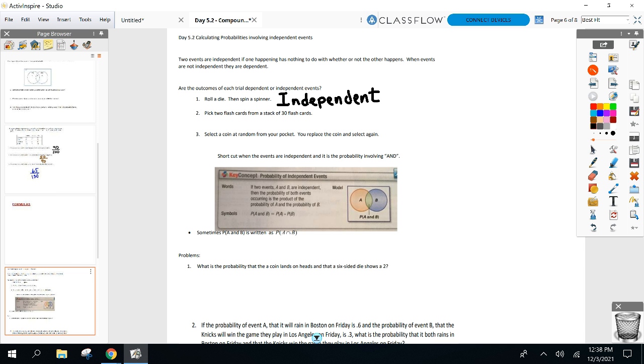Pick 2 flashcards from a stack of 30. I'm sorry I didn't come prepared with cards, but you got a deck of 30. I pick a flashcard out, put it down. Will that affect the second pick I have? Yeah. Why are you guys saying yes? Well, how many outcomes did I have at the beginning of my deck? 30. Took one of those bad boys out, put it down. Now you have 29. So it's dependent. They do depend on each other. Correct. If I don't replace it.